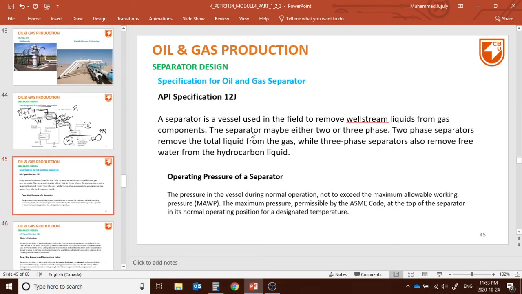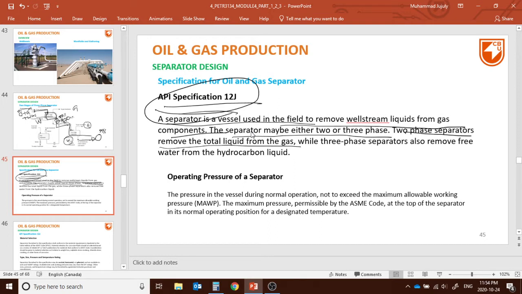Specifications for the separators. For the oil and gas separator we have API 12J, so this is the spec we should follow. So what is a separator? A separator is a vessel used in the field to remove the well stream liquids from gas components. A separator may be either 2 or 3 phase. A 2-phase separator removes the total liquid from the gas, while a 3-phase separator also removes free water from the hydrocarbon